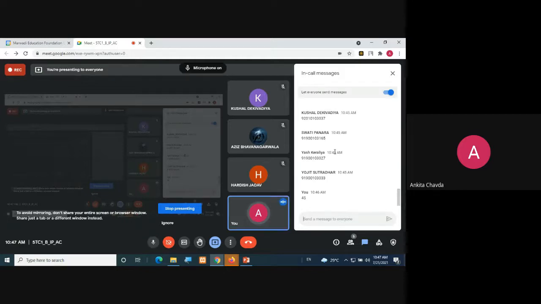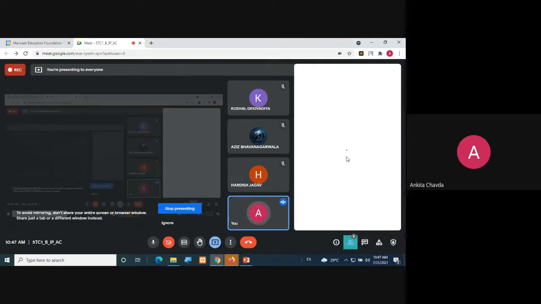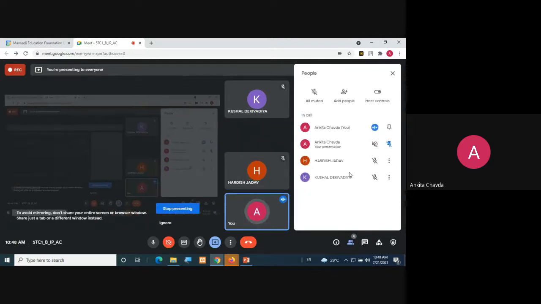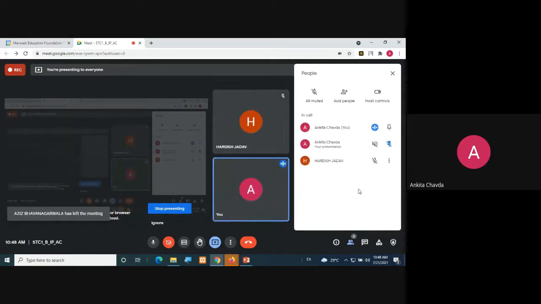So if it is done and you don't have any doubts on it, then you may leave. Is it working? Aziz, Hardish, Kushal, Hardish, is it working? Fine, you all may leave.